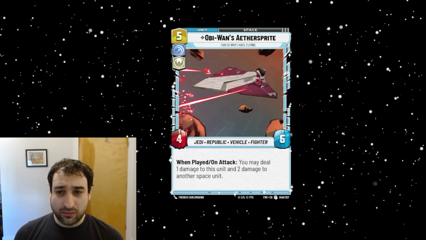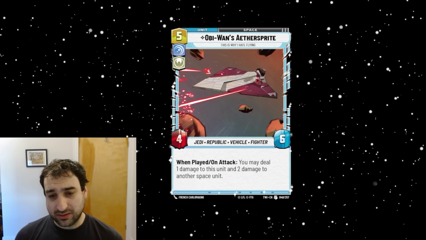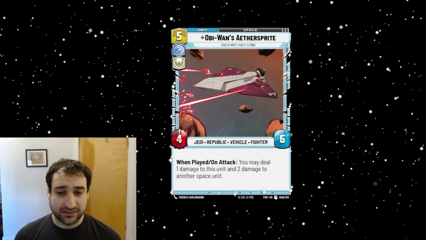All right, next is Obi-Wan's Ether Spite. It is a 5-cost Vigilance Heroism space unit. It is a 4/6 with Jedi, Republic, Vehicle Fighter. We'll see how much most of those traits matter. It has a when played and on attack, you may deal 1 damage to this unit and deal 2 damage to